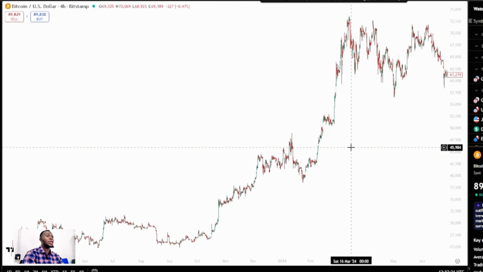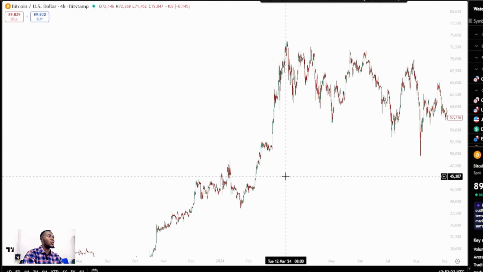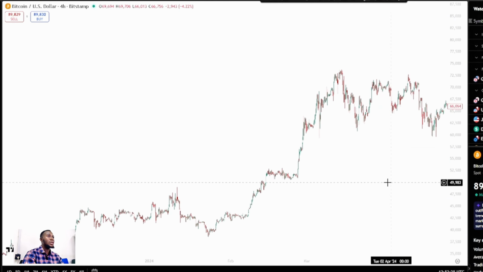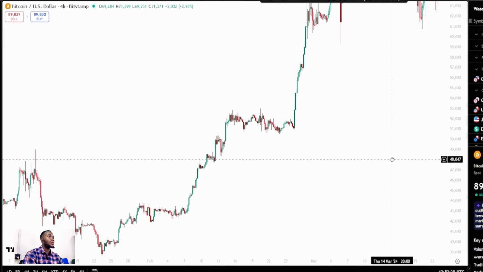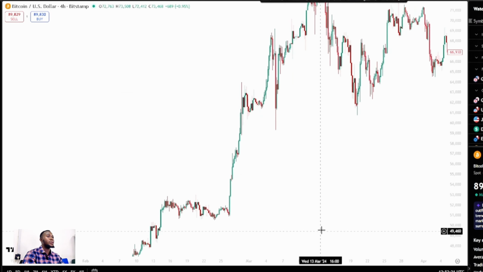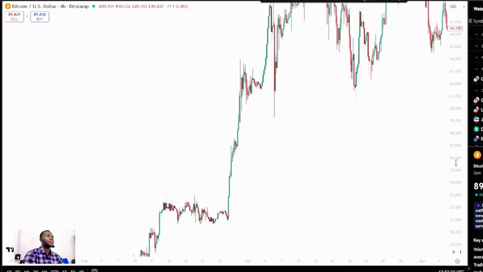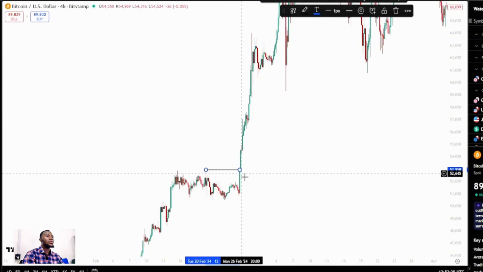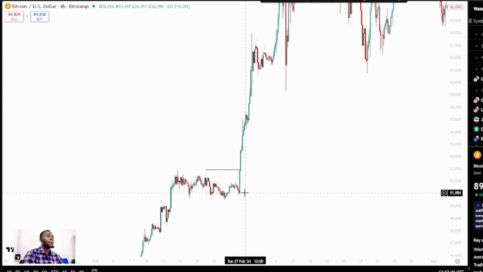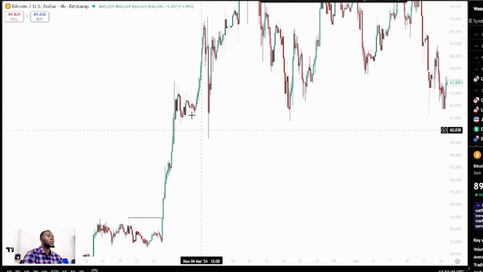Now I cannot start mapping out all the breaks of structure because we don't have all of the time. I don't want this video to be too lengthy, but let me just map out something from around here. Let me just start from here. This is a bullish trend. We have a break of structure here. This is the origin that caused the break of structure. We have another break of structure here,